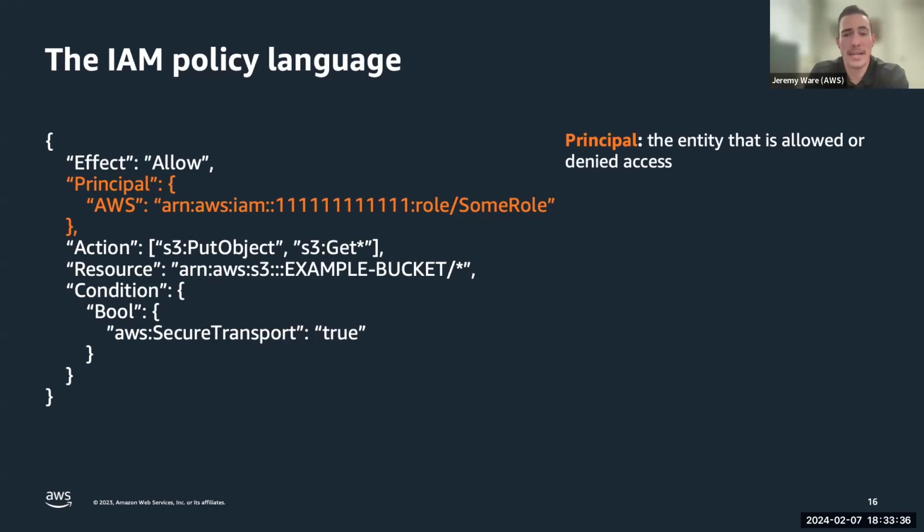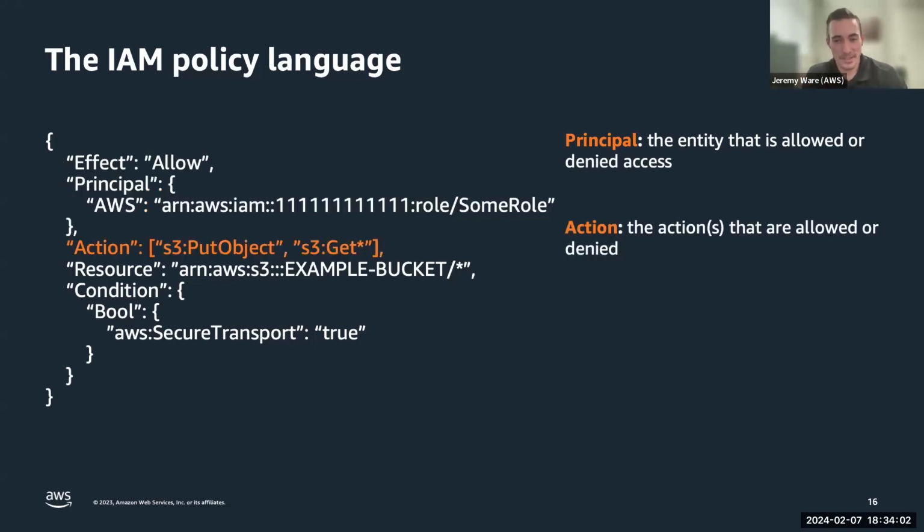There are mechanisms for cross-account access that we'll talk about in a little bit that may change how you define your principal and where you put your principal in order to make cross-account access a little less cumbersome, depending on your level of risk. But predominantly, after the effect, we have a principal, and we've defined the one or many principals or role ARNs that we want to be granted or denied access to the following action.